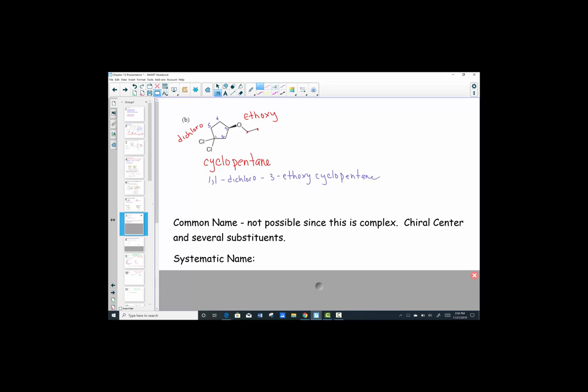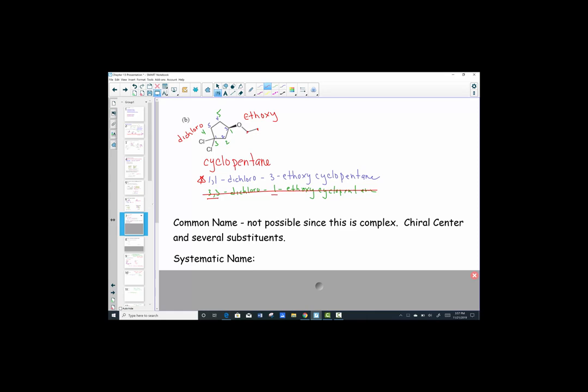And just to clarify why that's better than numbering in the other direction, that would have given 3,3-dichloro, 1-ethoxy cyclopentane, just to finish that whole thing out. And the reason we're discounting this is because 3,3,1 is a higher numbering system than having 1,1-dichloro. So this is the one we're deciding to eliminate because our job is to make sure we have the lowest numbering possible. So we just named that as 1,1-dichloro